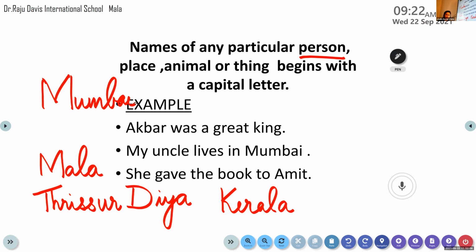Or if it's a newspaper, the name of the newspaper may be Malayalam Manorama, or the Indian Express or Hindu, whatever it is. That is the name of a thing. So that name should be written in capital letter. I hope you have understood. But for the examination, we are insisting only on the names of people and names of places. So I hope it's understood. These are the rules you have to keep in mind while doing this exercise. Okay, so let's move on to